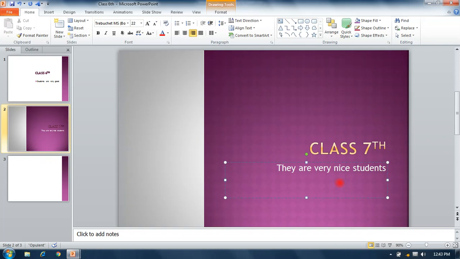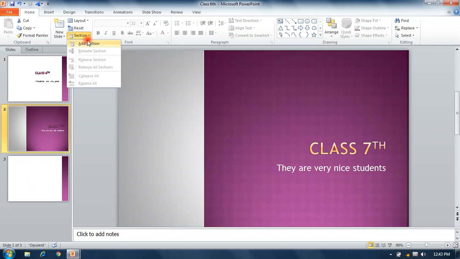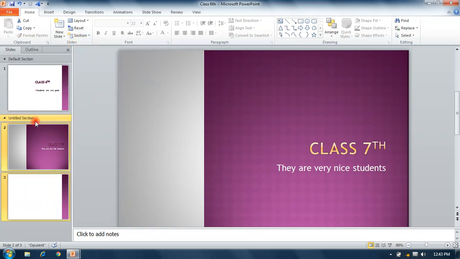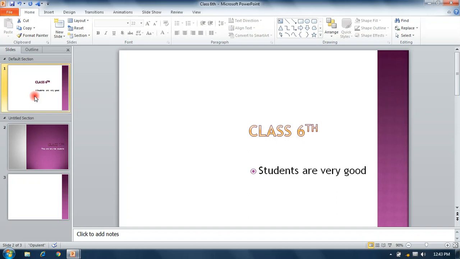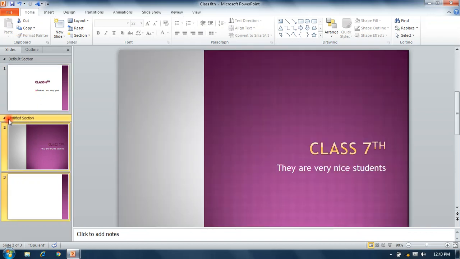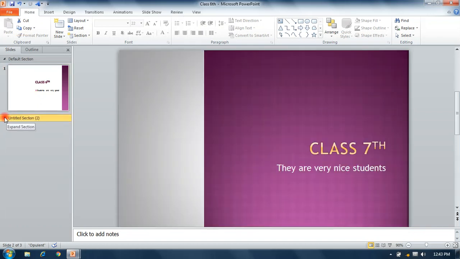Students. Okay, now Reset. This option resets the position, size and formatting of our current slide. Section. Section is used to add any section in our slide. We can add any section, and we can see it there, Add Untitled Section.